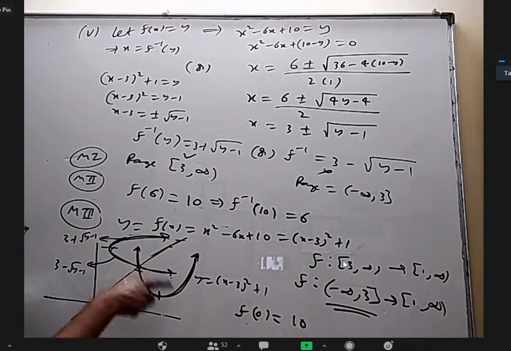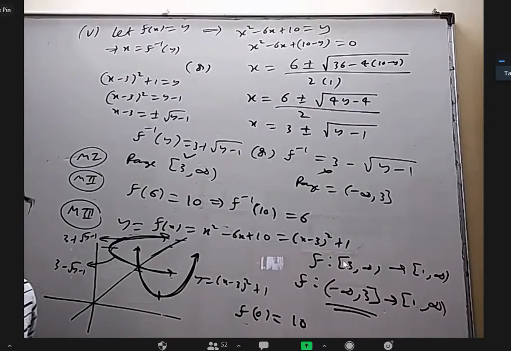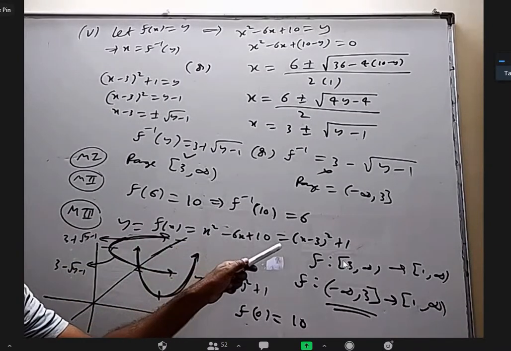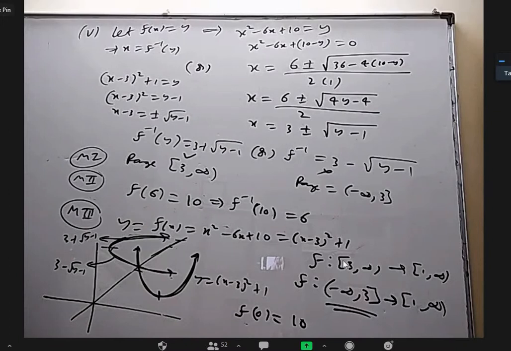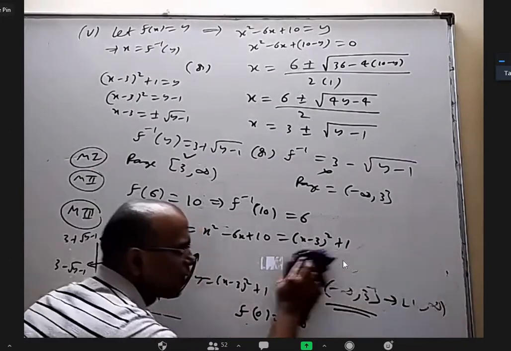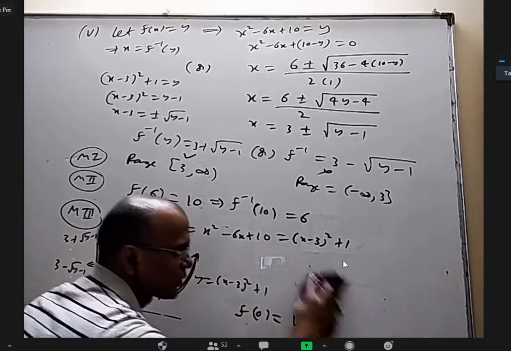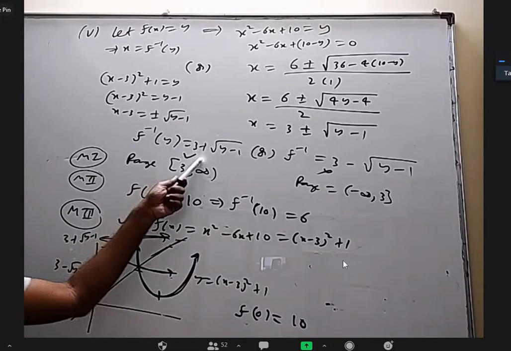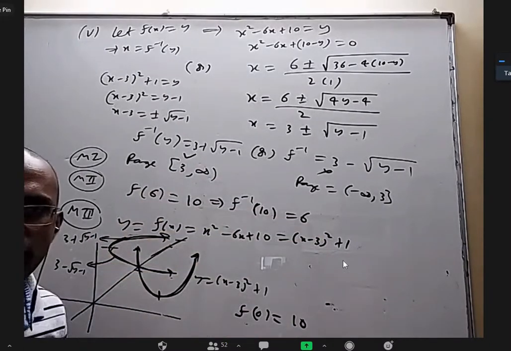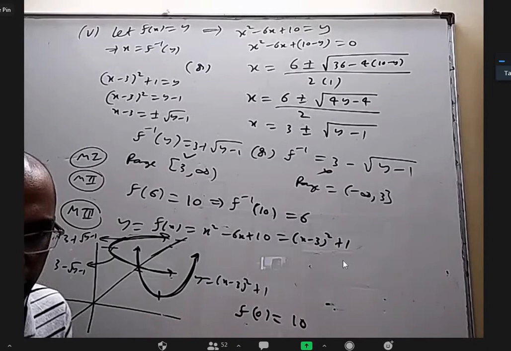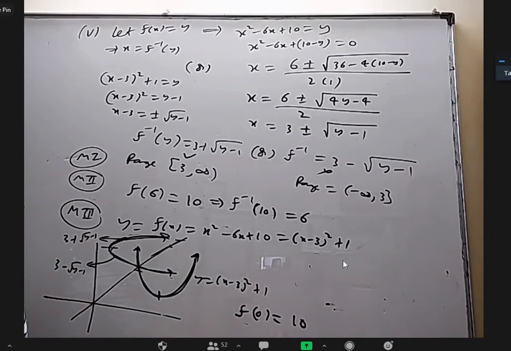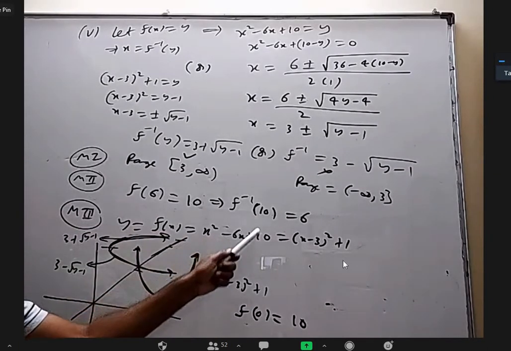Okay, so I explained why two answers are coming. I also explained when two answers are coming, how to decide which answer is correct. So I'm telling you 3 methods. The third method is more conceptual, but the first 2 methods are simple. In fact, method 2 is very simple, anybody can make it out, very common sense. You take your original function, take one number in the domain, and find its image. Substitute that image in both the answers. Whichever gives you your original number back is correct, and the other one you reject. Very simple.